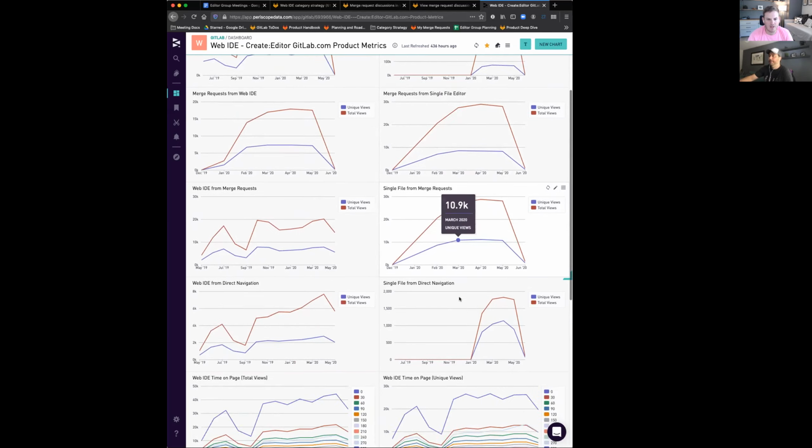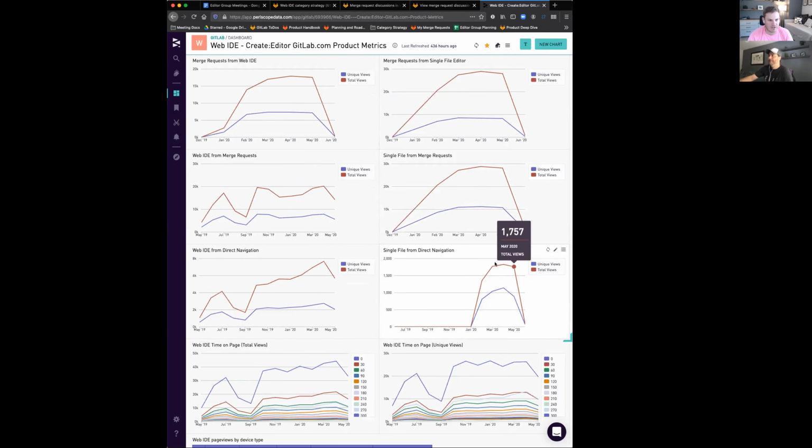Yeah. And then the last one is a direct nav piece. That's an interesting thing that we've talked about with the Web IDE, being able to directly navigate to the Web IDE. It's one of the reasons we want to support this read-only mode, or not even read-only, permissions at the end. That way more people could do things like we do with the handbook, where there's a Web IDE link on the page, and if you click that, it takes you directly into that page and you can start editing it, right?